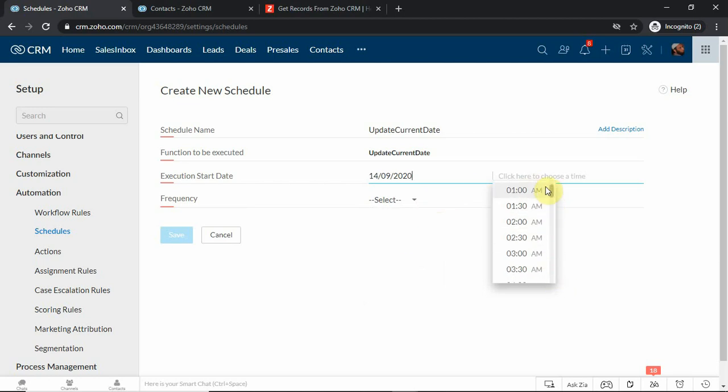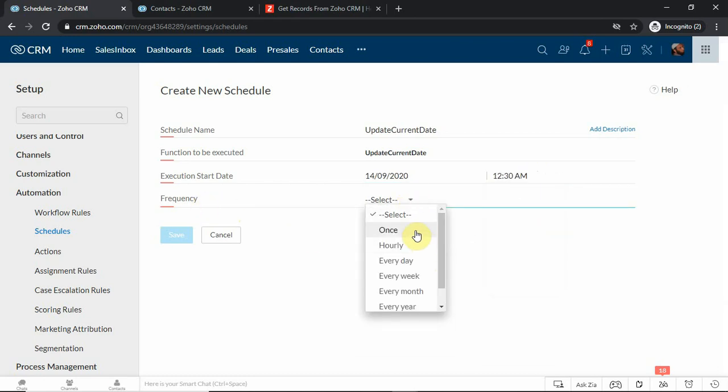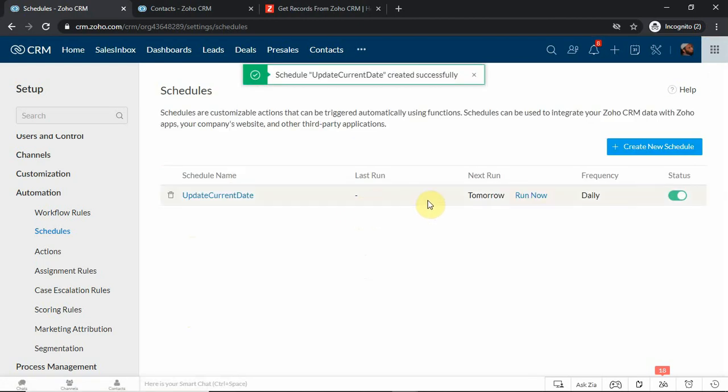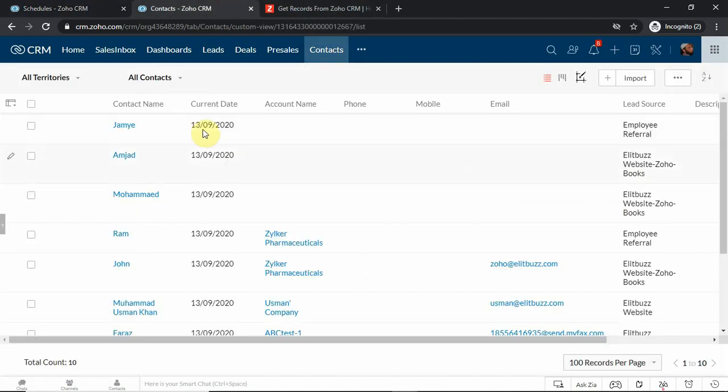For an example, I want this to be executed, let's say, at 12:30 a.m. What is the frequency? I can give hourly, every day, every week. So in our case, it's going to be every day. And then I can define if this scheduler is supposed to end. So I can say no, it is not supposed to end, and save. Now my scheduler will start running from this specified time, which is tomorrow. So from tomorrow onwards, it will start working, and on a daily basis, it will keep updating these dates.